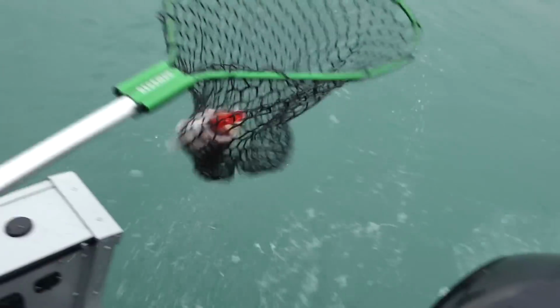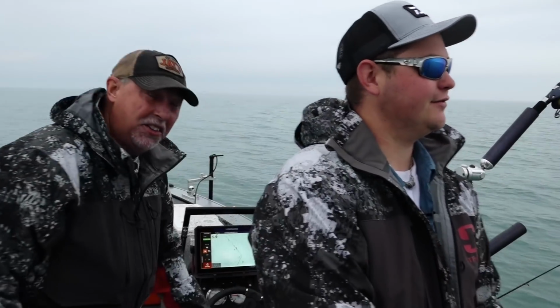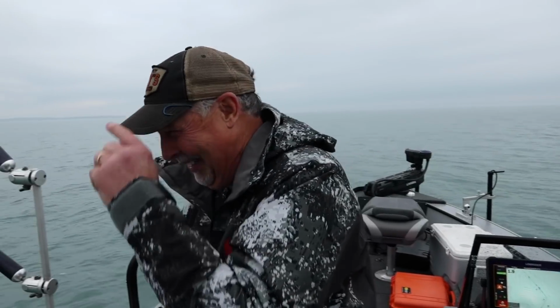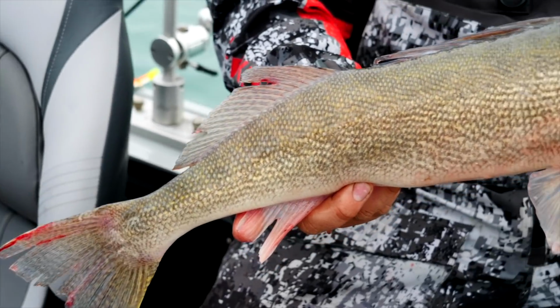Not long enough. Scoop one, scoop two. We got him. It's like baseball. You get 3 swings at them, right? I only needed 2. That's a good thing. There we go. That's more like what we're looking for right there. That is a really good